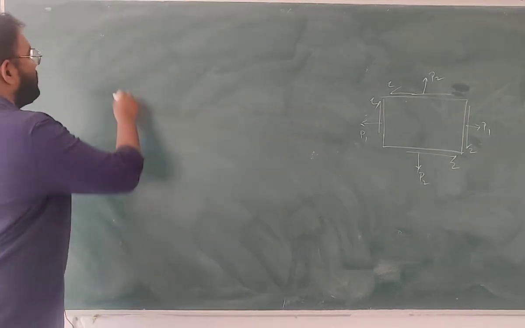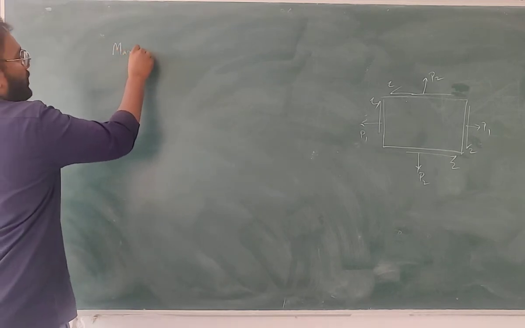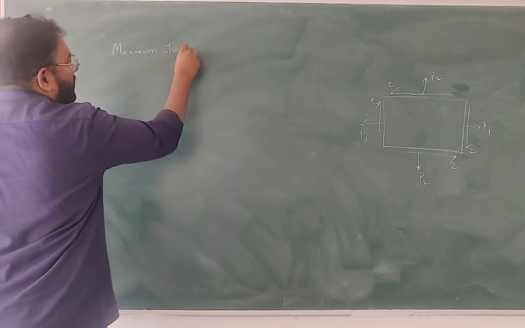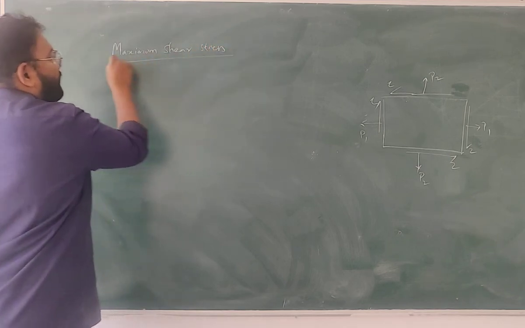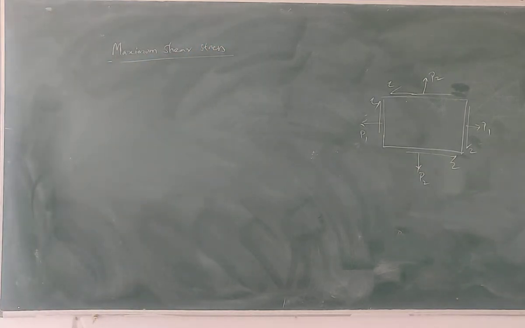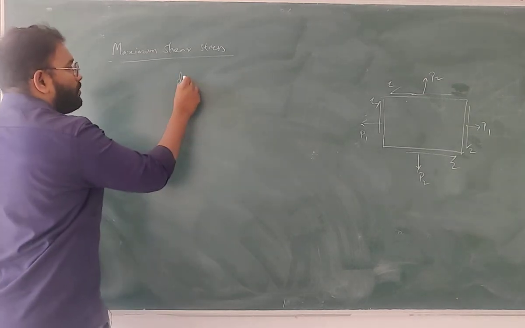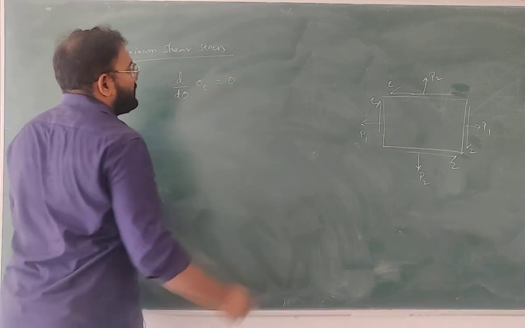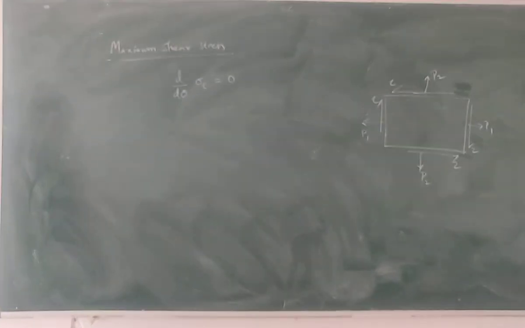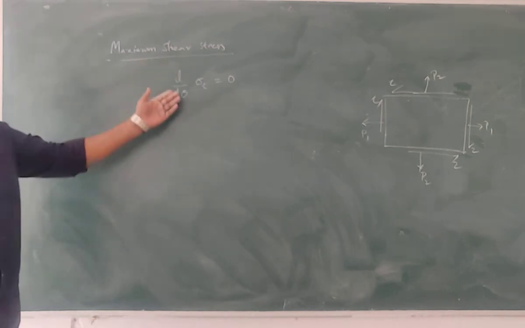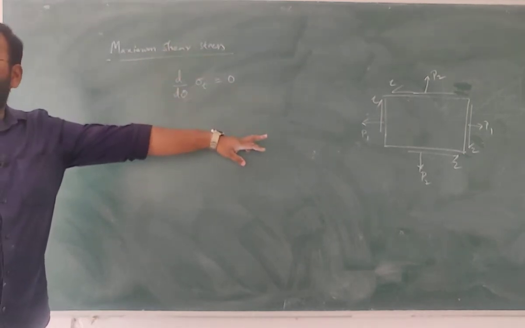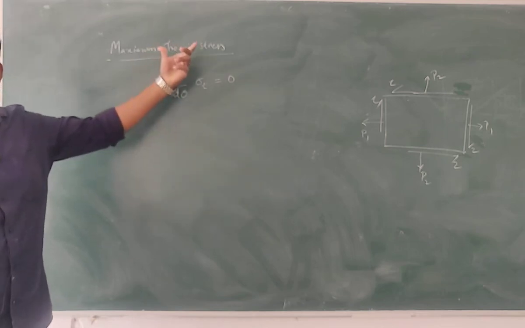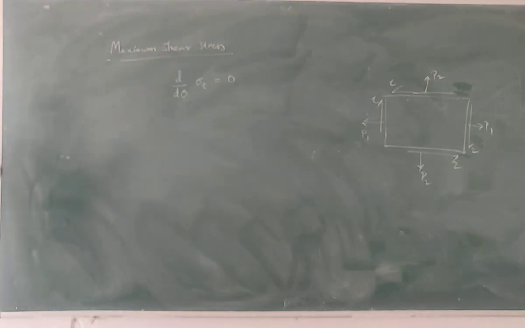So next we'll calculate the value for maximum shear stress. Equation for maximum shear stress: to calculate it, equate d sigma t by d theta equal to 0. If you want to calculate the maxima of any function, what is the procedure you follow? Derivative of the equation equated to 0, calculate the value of x from that and substitute x there, it will be the maximum value for that equation.